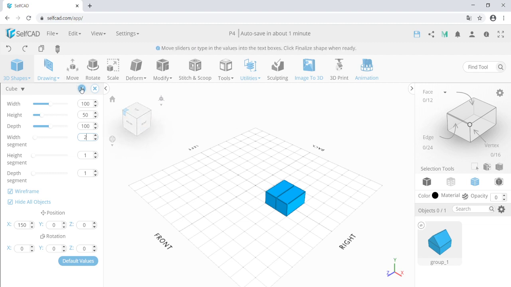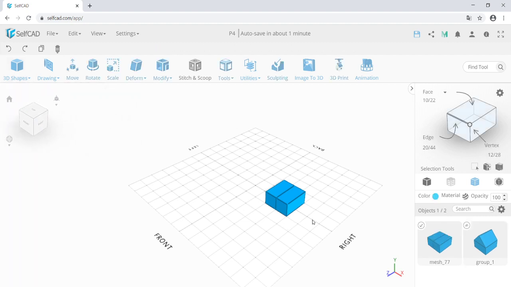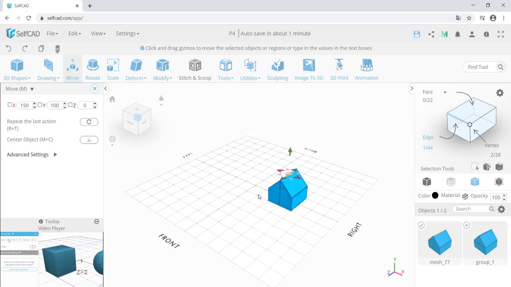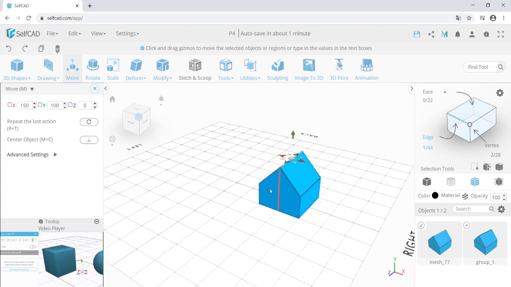Let's finalize. The last thing we need to do is to select the top middle edge by choosing edge selection and going to move transformation. We are going to put 100 in the Y label, which will result in creating a wedge from our cube, and our low polygon